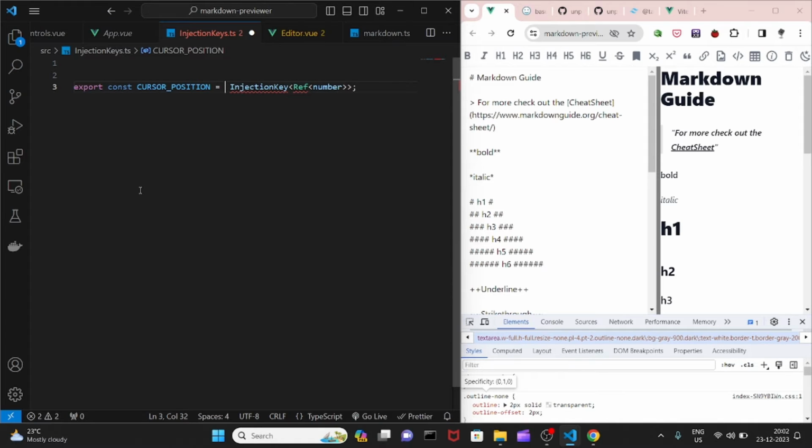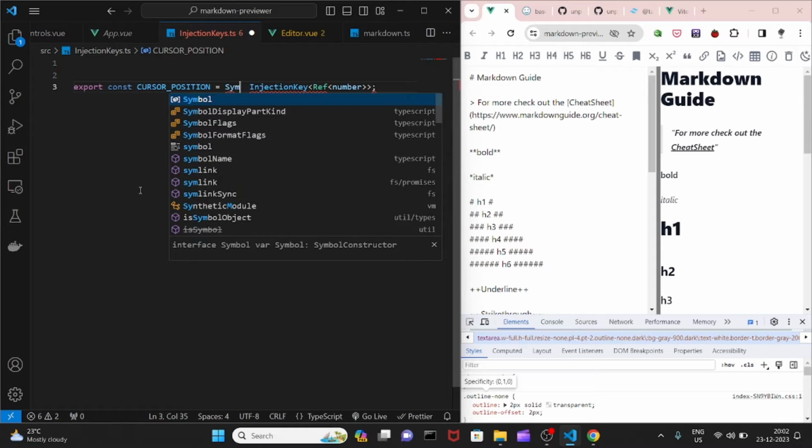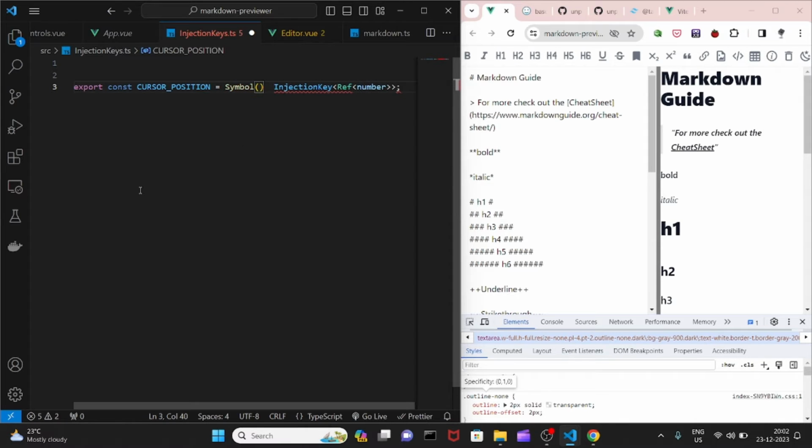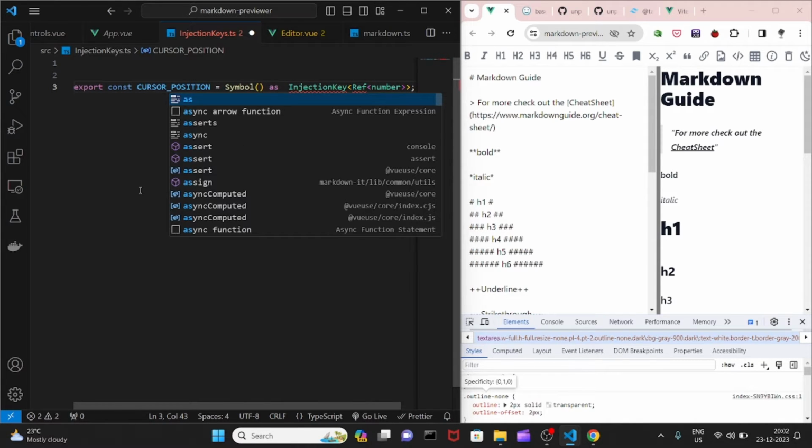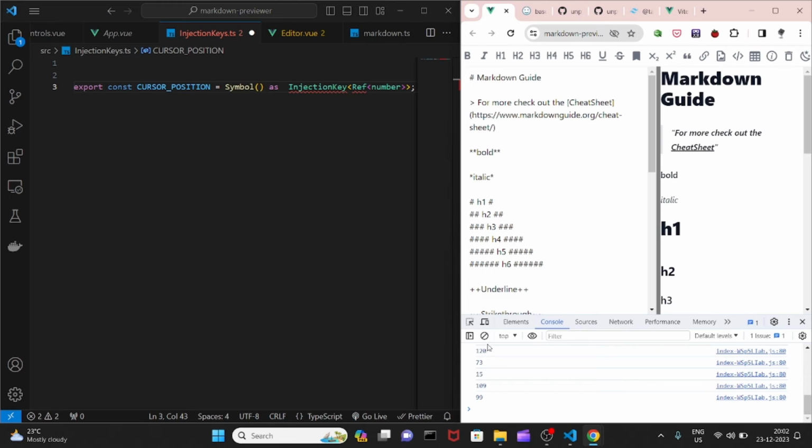I'll be using Symbol. If you're a complete beginner with Symbol, Symbol is going to allow you to give a completely unique value. You can use a string, but Symbol is going to guarantee that. Just to show you, if you're a complete beginner or if you've not seen Symbol till now, Symbol